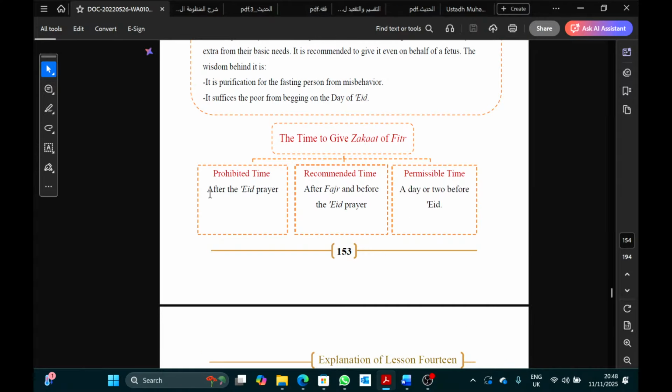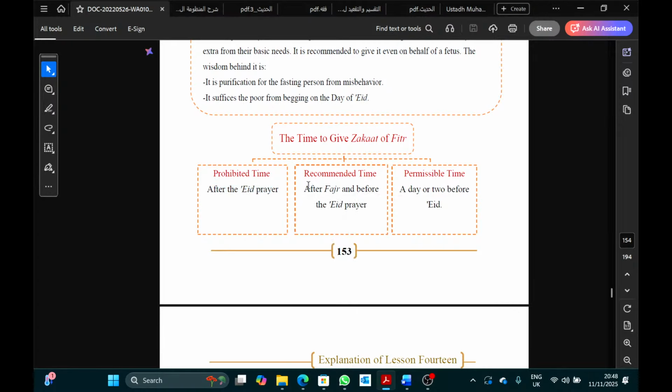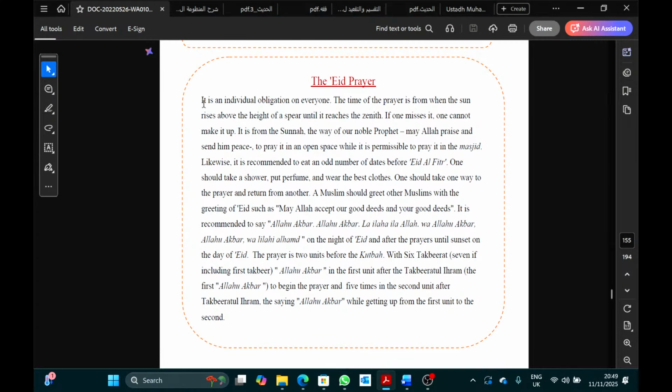So when do you give it? It's not allowed to give it after Eid. After Eid, time's gone. Once you finish the Eid Salah, khalas, time's gone. But the recommended time is on the day of Eid after Fajr, before the Eid Salah. Why? It's given in food, so that they have food for the day. Also, you can give money to an organization that will buy the food and so on. But it's permissible a day or two before. You want to be safe when you give it, the night before or the day before that? Permissible.